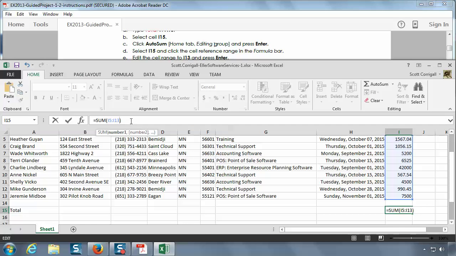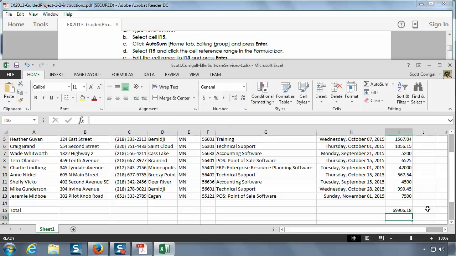What's up here isn't going to change. What's in the cell is actually the original formula, but what will appear within the cell, what it looks like it'll be, is the answer to what happens when you add them all together. So I'm about to hit enter now, and you see it replaces it with a value that's almost 70,000 big. Click on that cell,